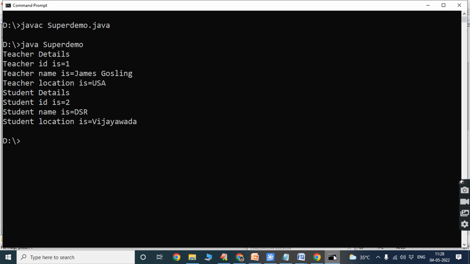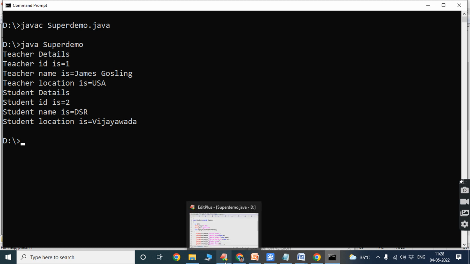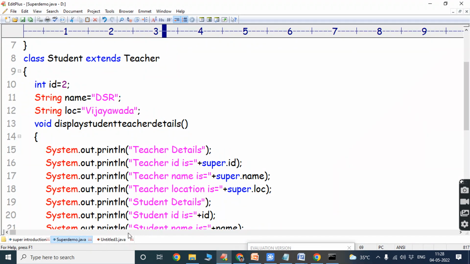Both base class and derived class data members are printed. When we are accessing the base class data members, we use the super keyword. When we are accessing the derived class data members, we access them by using only the data member name when we are extending the base class features into the derived class. Next, we can go for